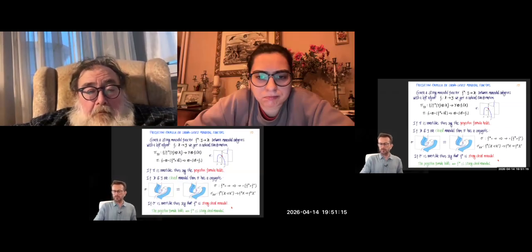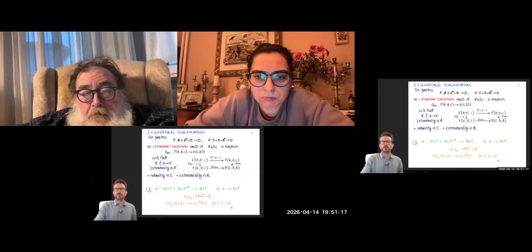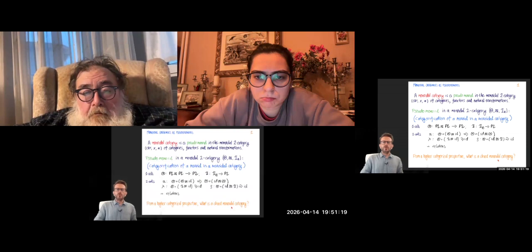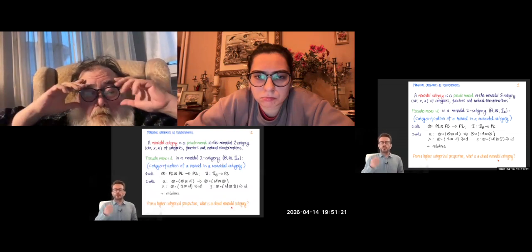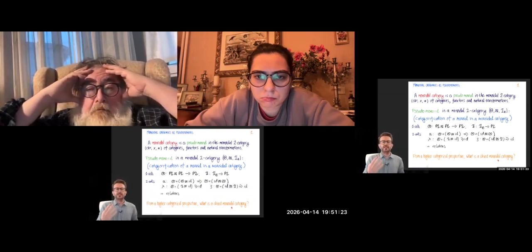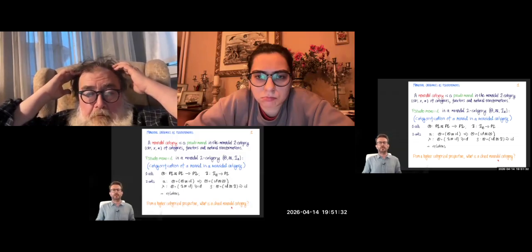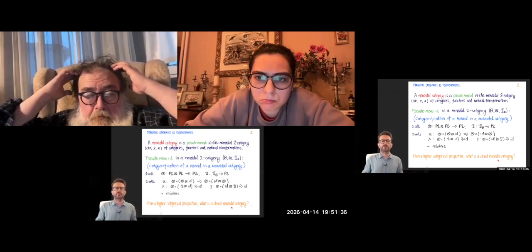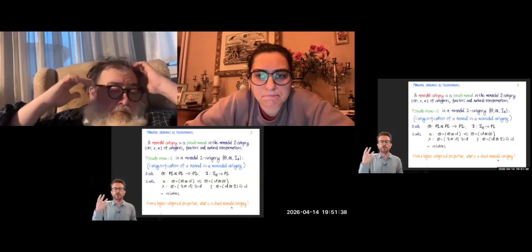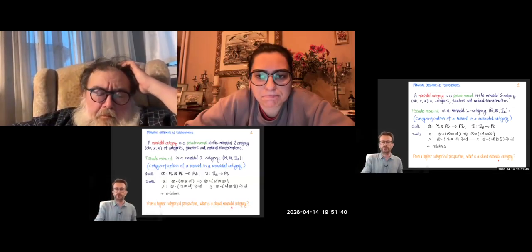So maybe if we just go back, the monoidal category, I said I can define the analog of that, the pseudo-monoid. The definition of that makes sense in any monoidal 2-category. We can abstract the monoidal 2-category of categories, functors, and natural transformations, and we've got the definition of a pseudo-monoid.